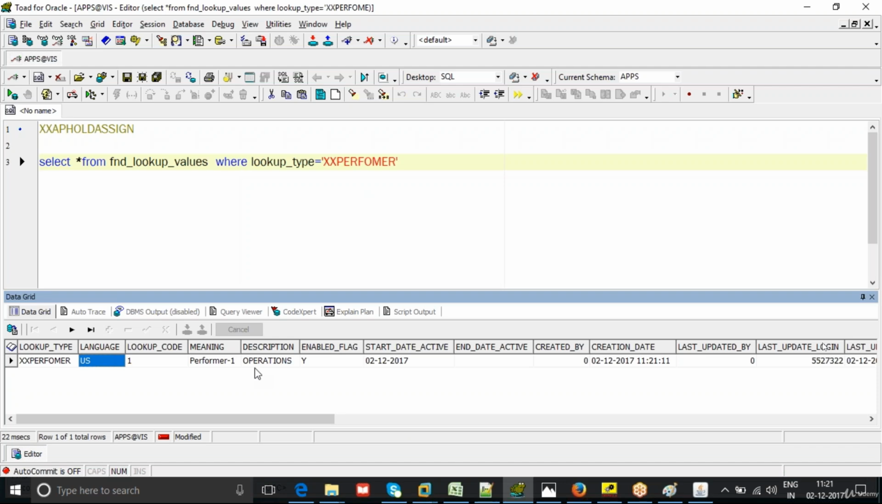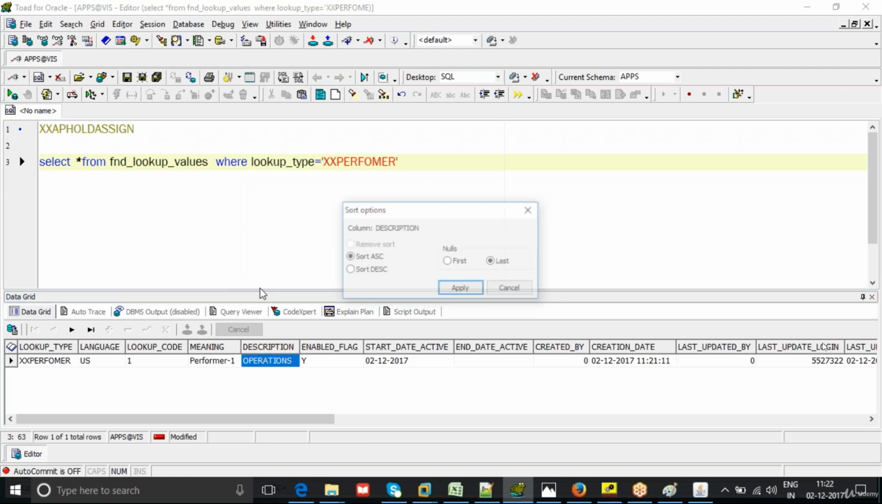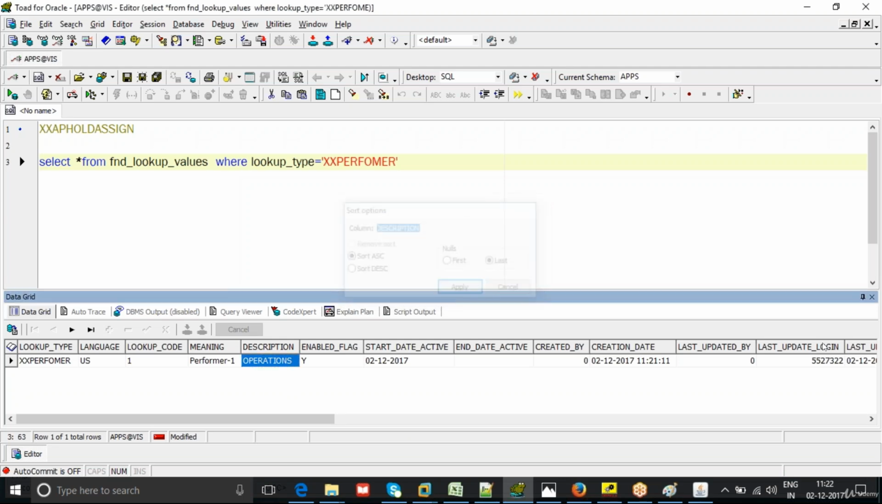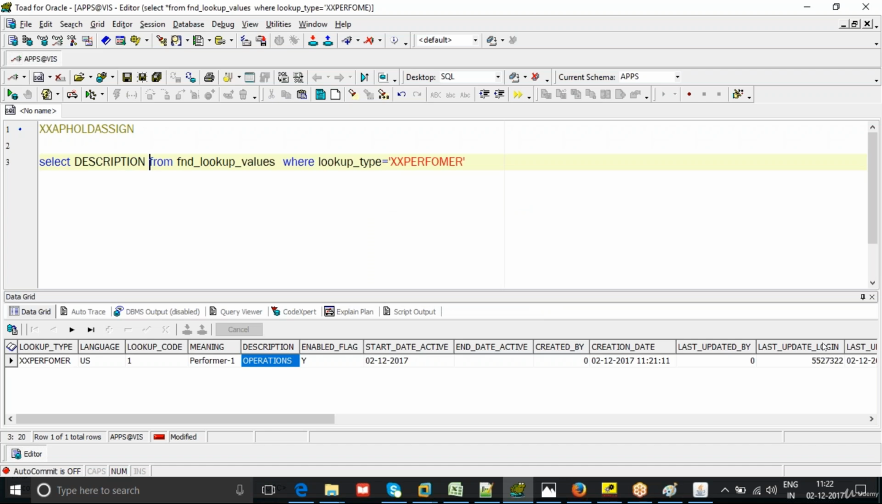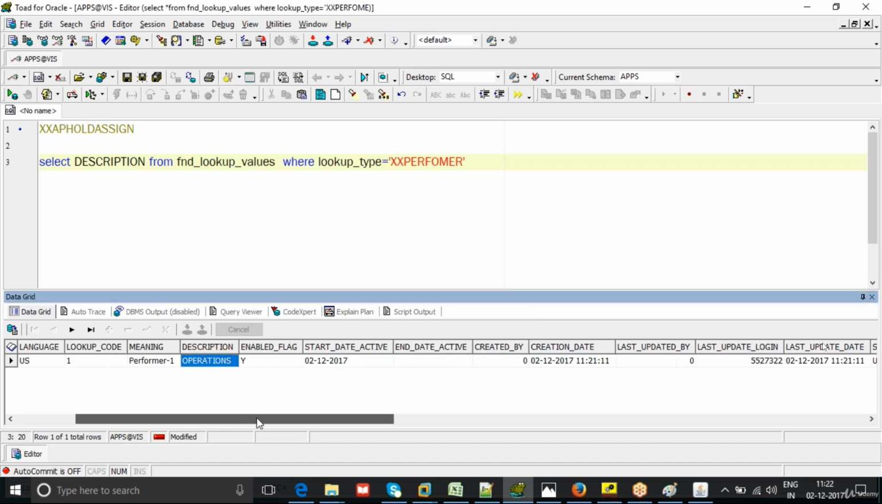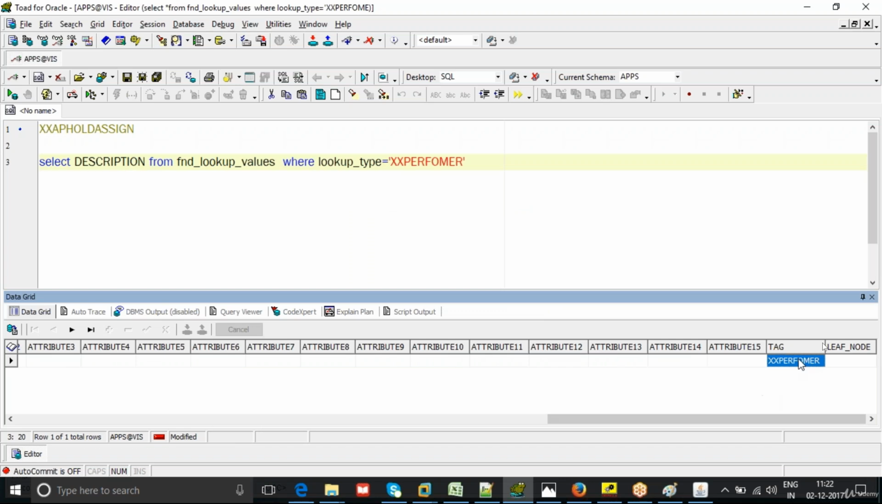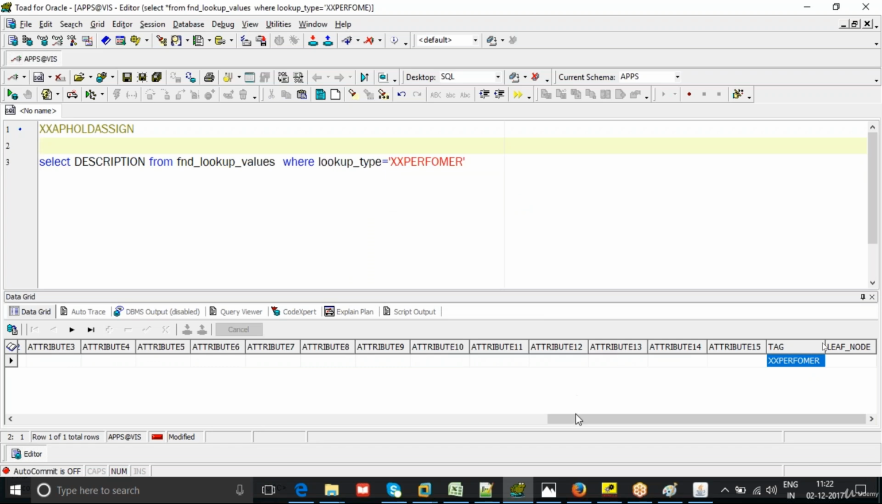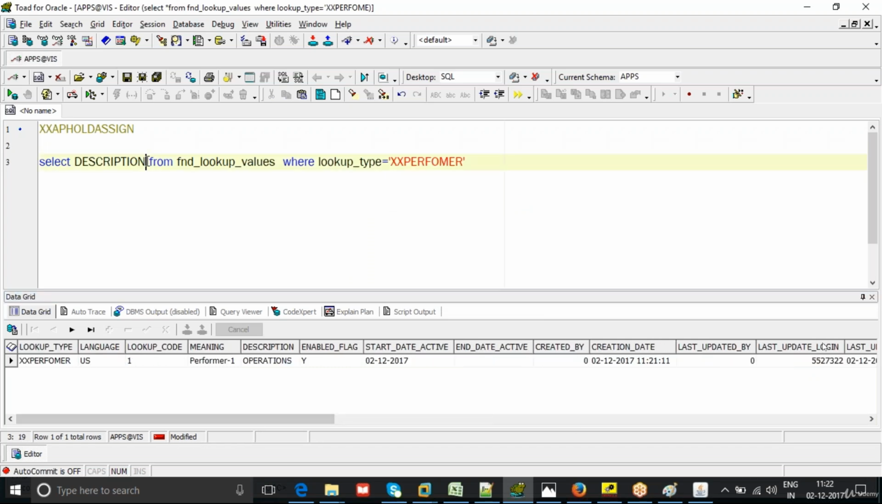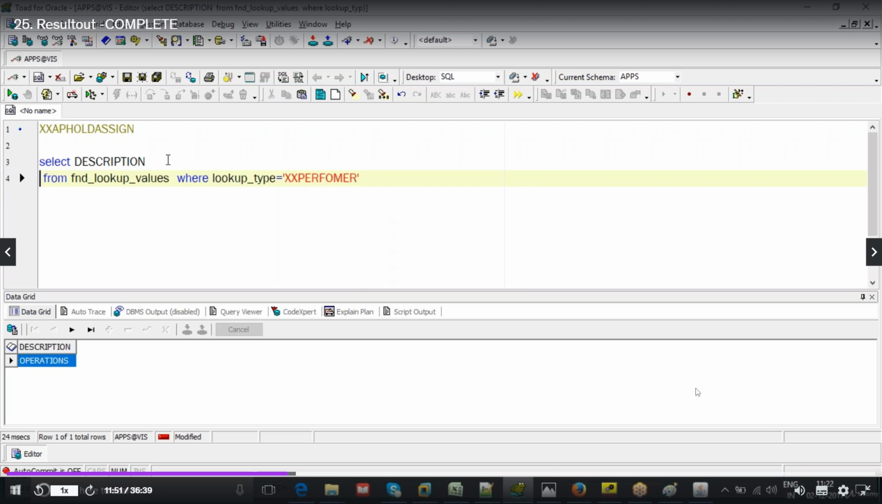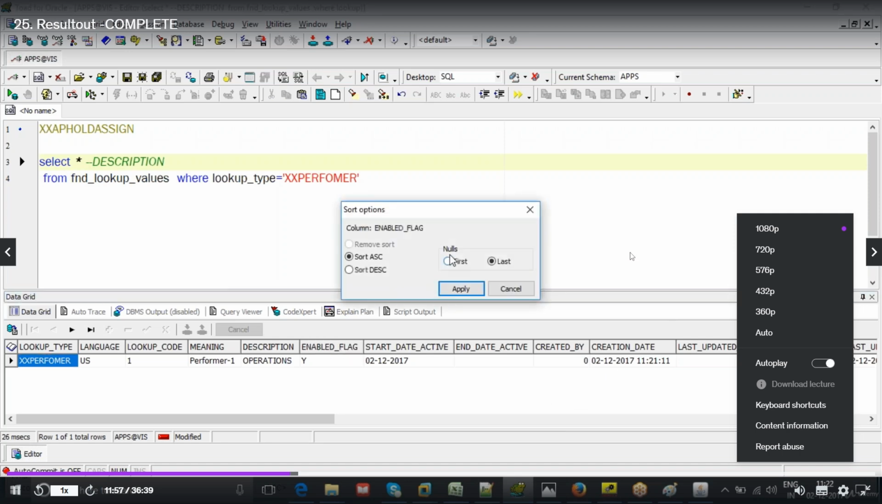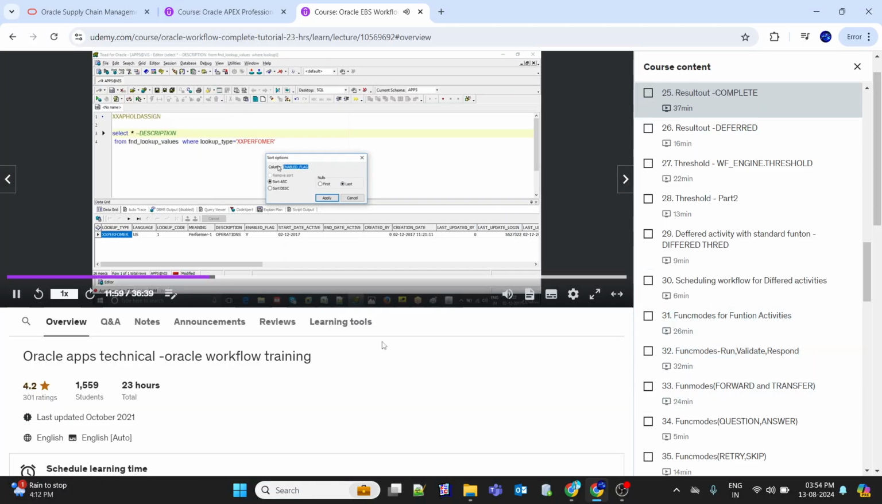In the description you are having the user information, and in the tag, if you see, you are having this one, this is also the same. Okay, so now observe here, you are getting the value from this particular lookup. And see here, what is the enable flag? It must be enabled, right? Without enabling this one, you can't